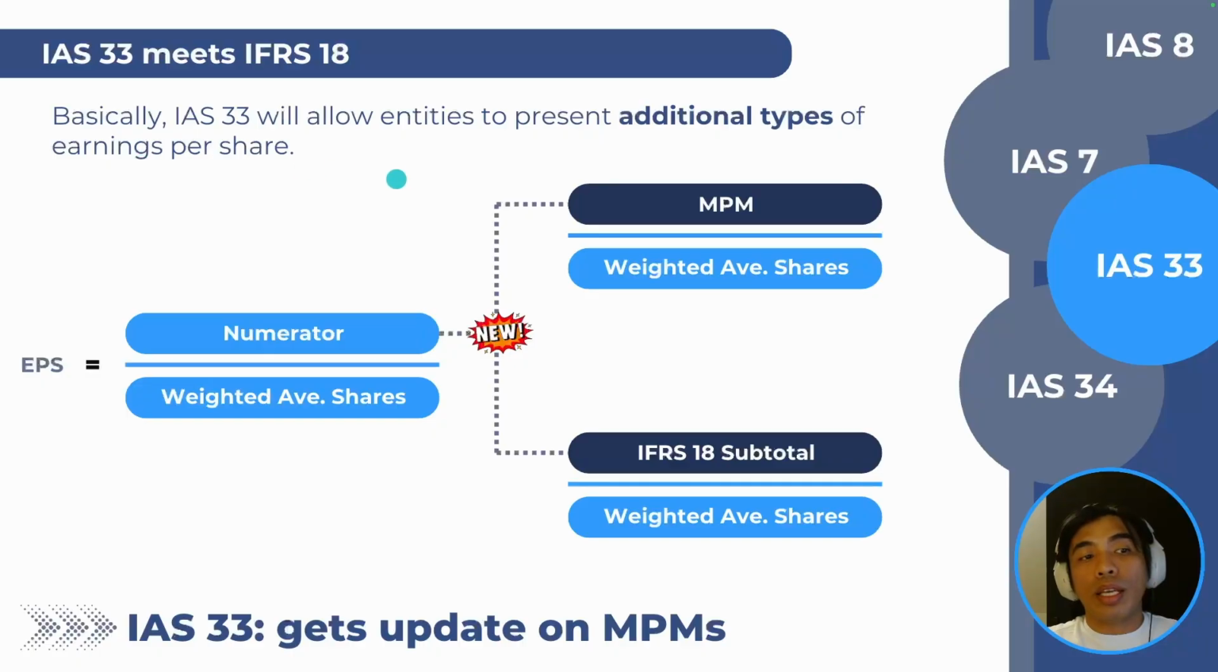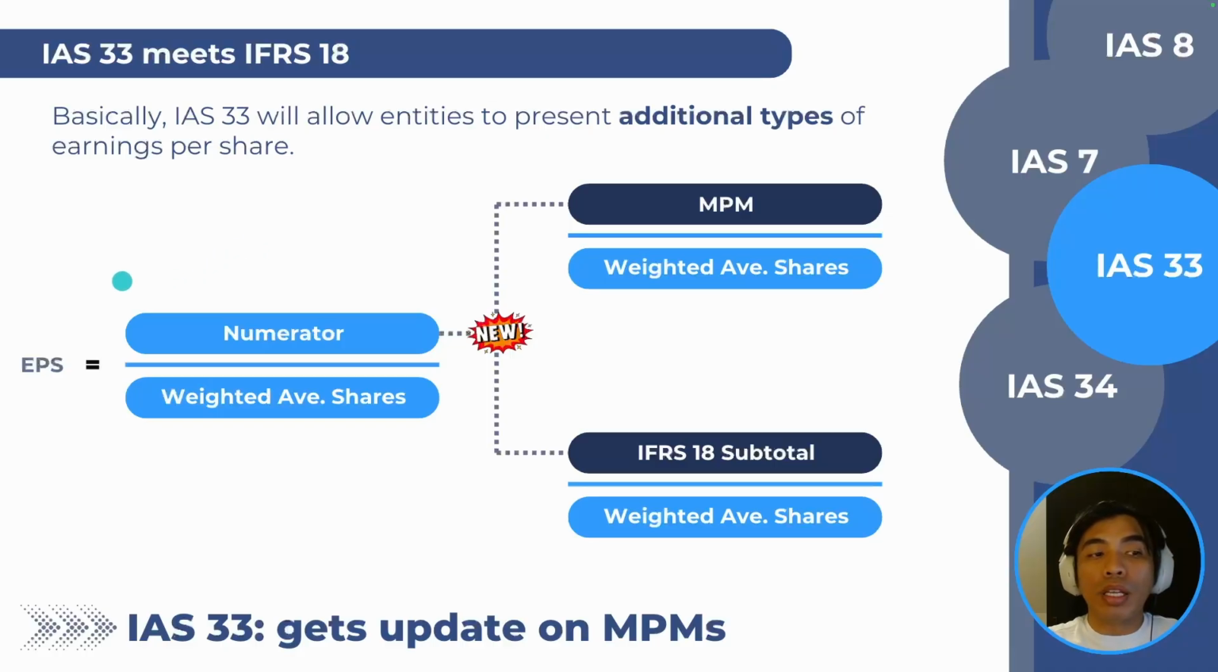Basically, IAS 33 allows entities to present additional types of earnings per share. So the biggest update here comes from the connection to MPMs, or management defined performance measures, and the new subtotals that are required by IFRS 18. Basically, IAS 33 now allows, or will allow, starting January 1, 2027, entities to present additional types of earnings per